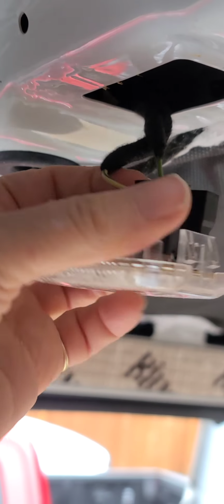I also want to remove this grommet and this big glob of wire stuff right there if I can, because it kind of messes up where my ceiling is going to go, so that I can keep it as flush as I want. So let's see if we can do that. Here's where